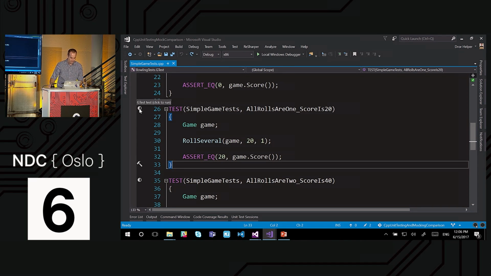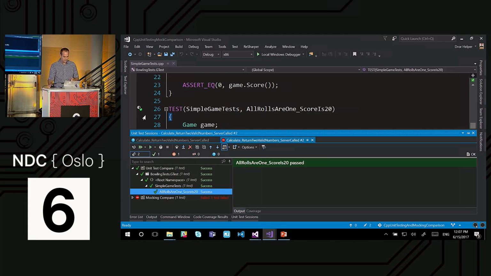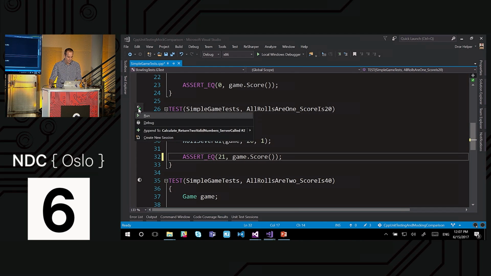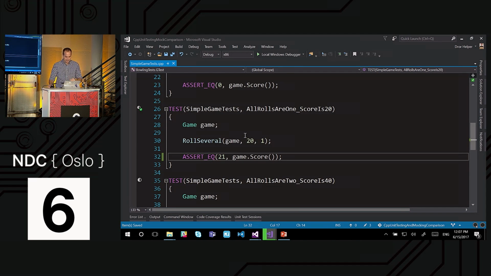Now, this nifty thing here is something I need to talk about. This is ReSharper for C++ from JetBrains, which enables me to run Catch and Google Test, which is nice, because the other option is to run it from the command line. I can take this test and run it, and hopefully, if everything compiles, I'll get the result. It passes. And if I mess it up a bit and ask it for 21, I'll get a different result, which should be a failure.